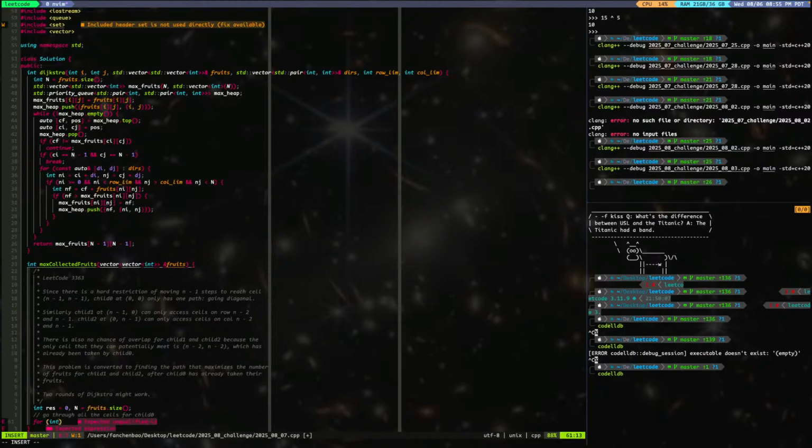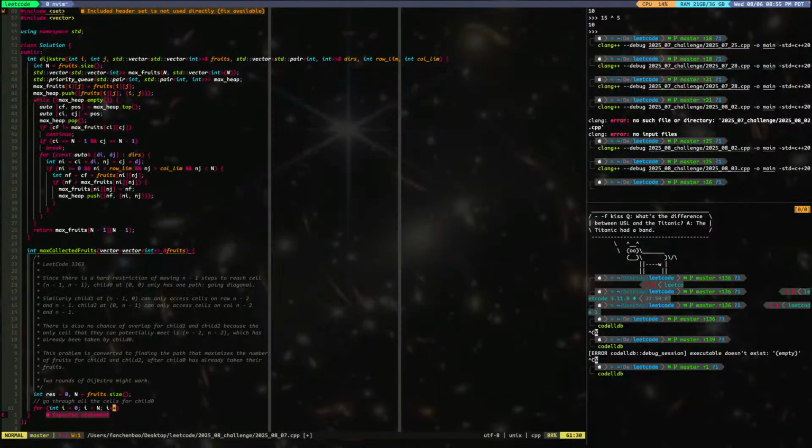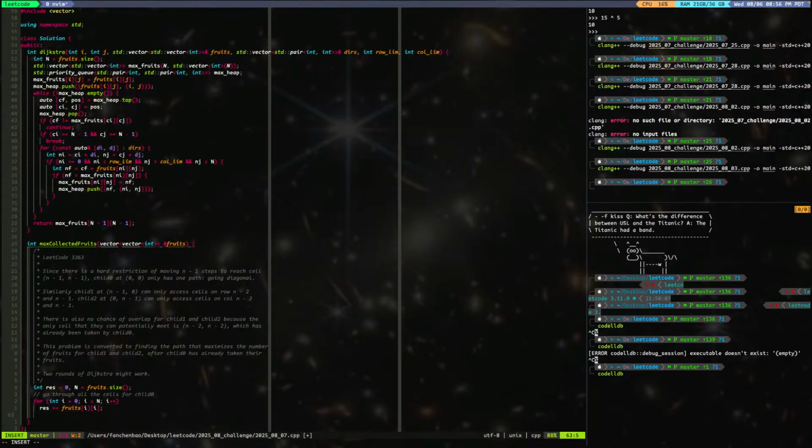Okay, s equal to 0, s1 and i plus rest plus equal to fruits i. Okay, that's that. And then when I return res plus